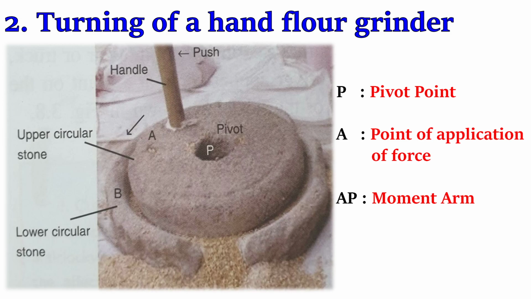Here also the handle has been placed at the maximum distance, and then when we apply a force at point A, we will apply our force, and the turning effect will be produced, and this is the maximum distance. So this will produce a turning effect. If you reduce the perpendicular distance, you have to apply more force.